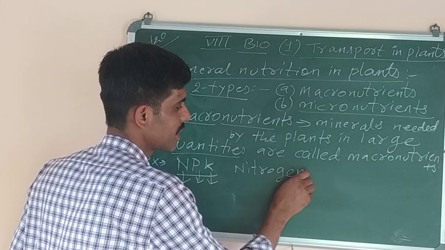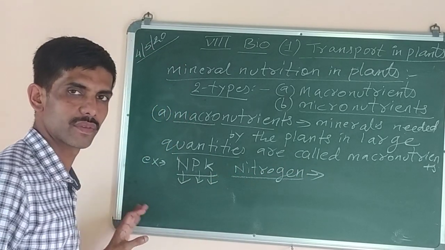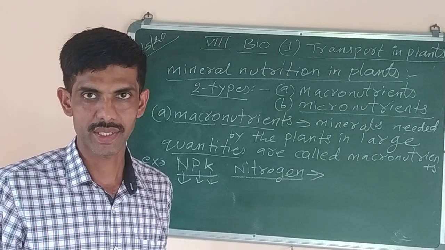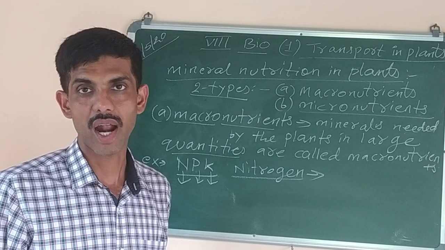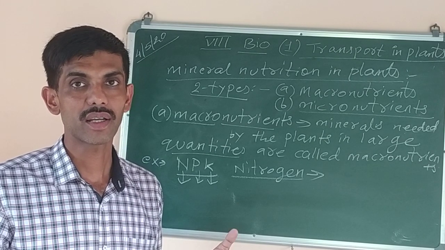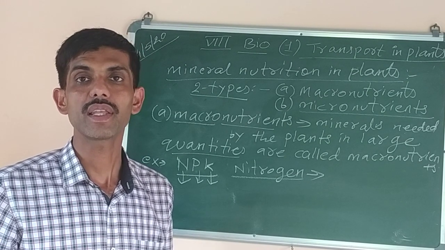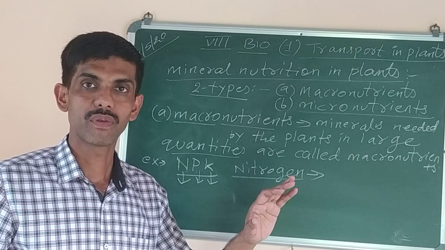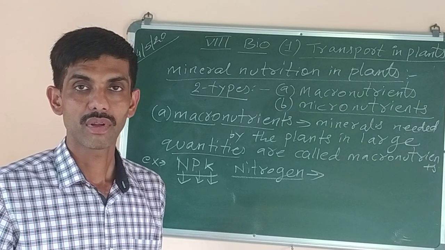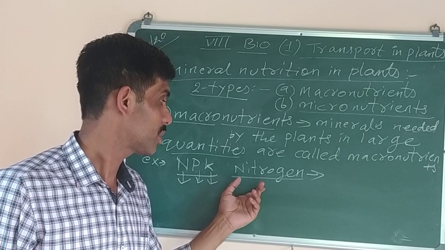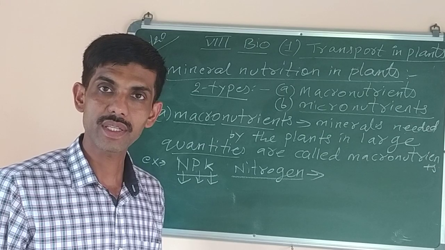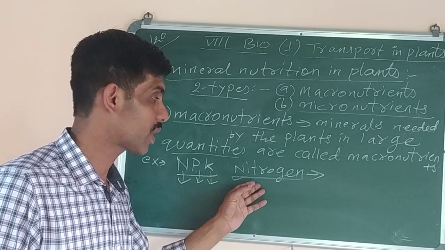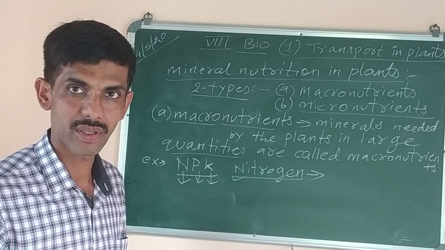Like, why do plants need nitrogen in large quantity? Okay, nitrogen, you know, is the constituent of amino acids, and amino acids are the building blocks of protein. They are the structural and functional unit of proteins. So for the plants to grow, they need tissue, and the tissues are made with the help of amino acids, and to make those amino acids nitrogen is required. So nitrogen is one of the constituents of plant proteins.